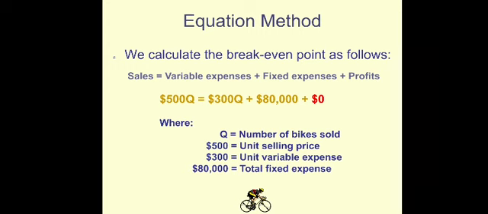Remember that unit price times quantity equals total revenue or total sales. Total variable cost is calculated as unit variable cost times quantity. Fixed cost is fixed cost. So for the Wind Bicycle example,